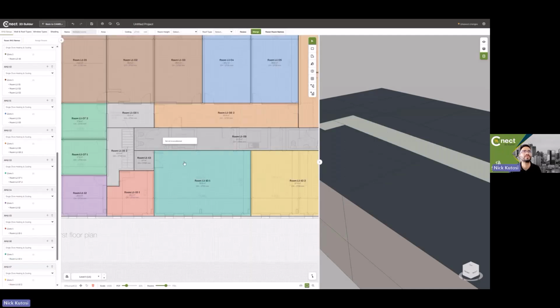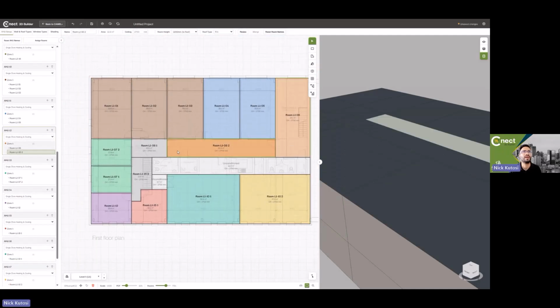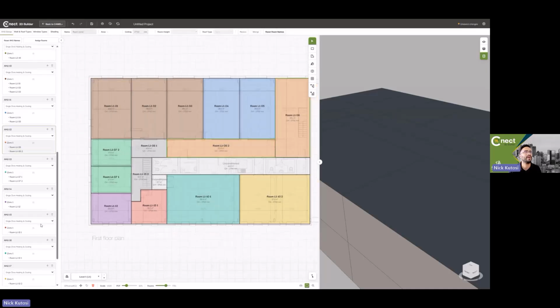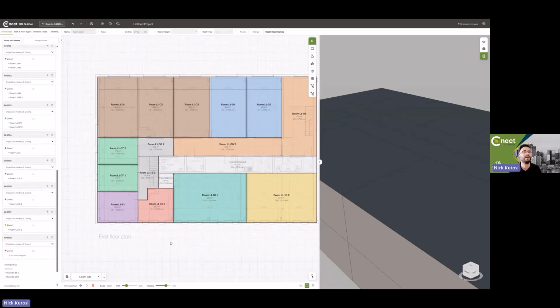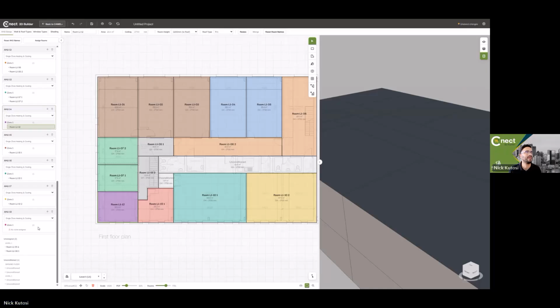Choose. This is, we'll just call that unconditioned. And maybe I'll create one more. In fact, don't need that. If you want to, say, copy a zone or use the same zone for another room, so